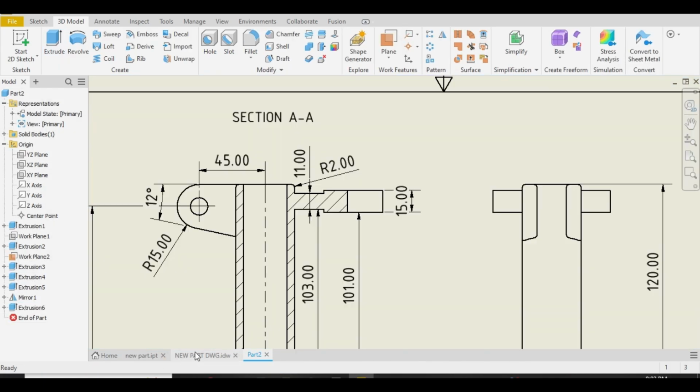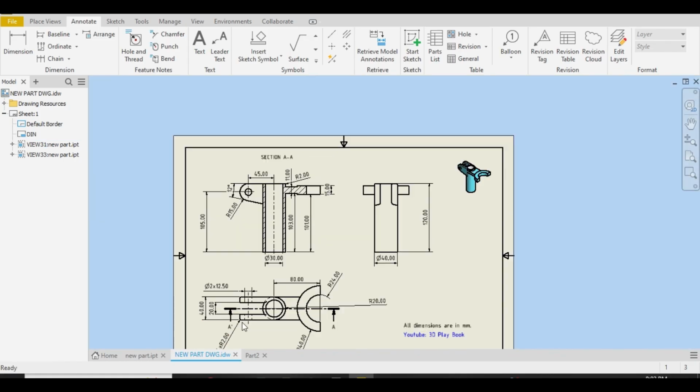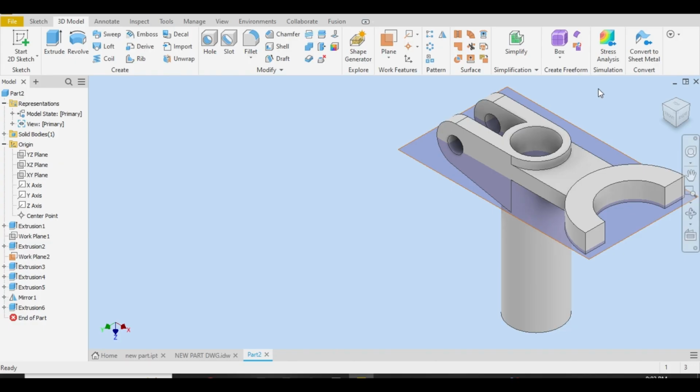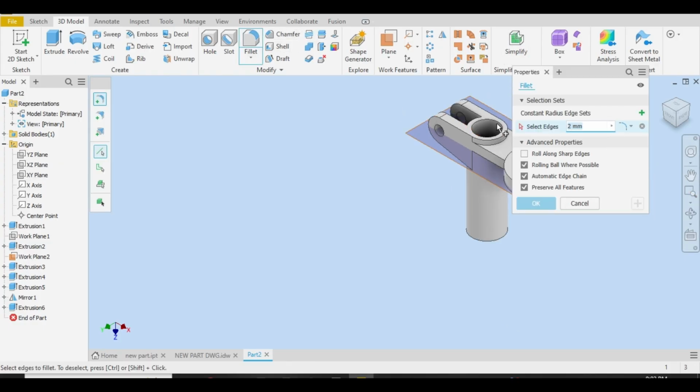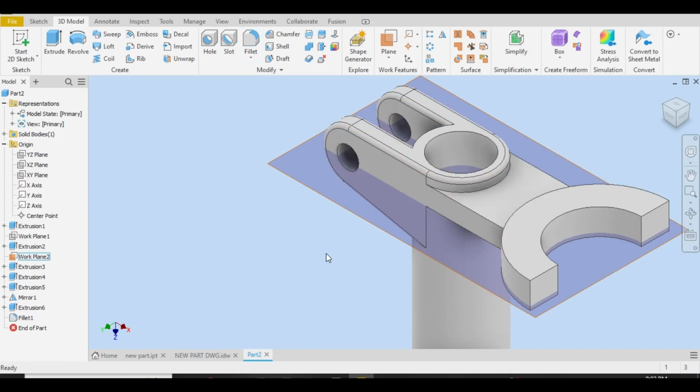Okay, now go back to the drawing sheet. There is a radius of 2 here, and also here radius of 2, at this one, this one, this one, and also this one. So it will be a constant radius. Let me just show you. Let me select fillet 2 here. This is a joint body, look. So OK, and also this and this. OK,